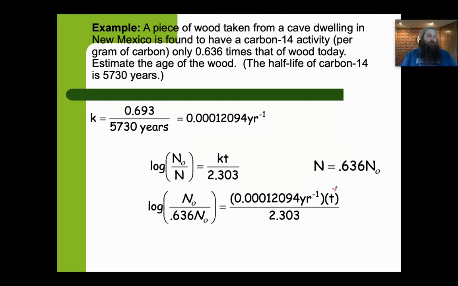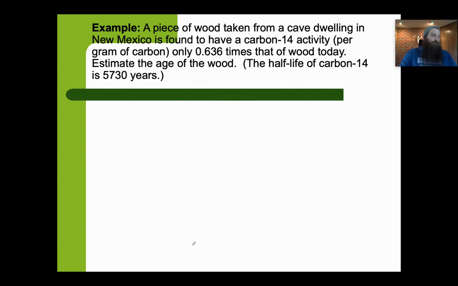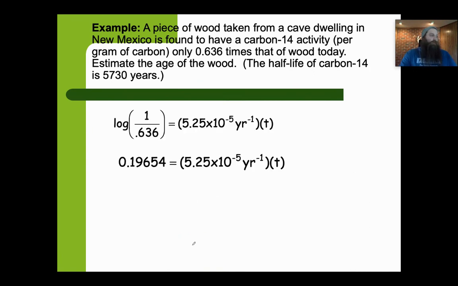I'm looking for the time, right, because I want to figure out how old it is. Well, so this is just going to cancel. That's going to leave me with 1 over the top. This I can just put into my calculator. Log of 1 over 0.636. It will give me a number. That number is 0.19654. Then I'm going to divide both sides, right? I'm just back in algebra land, and it tells me that roughly this sample is